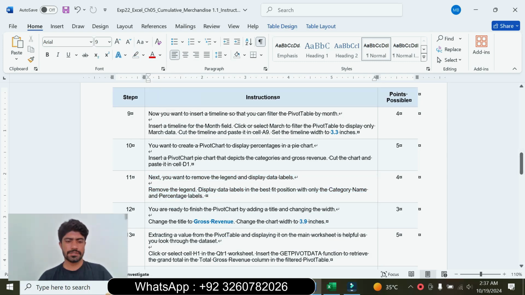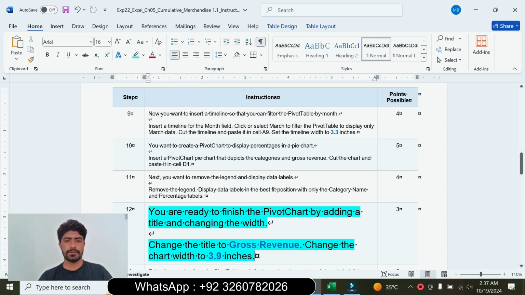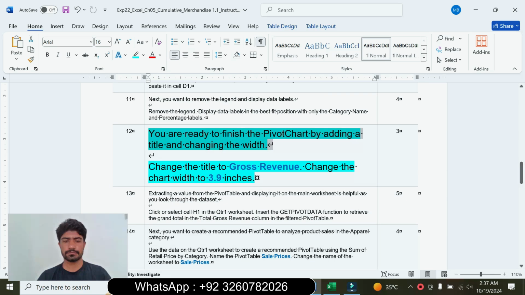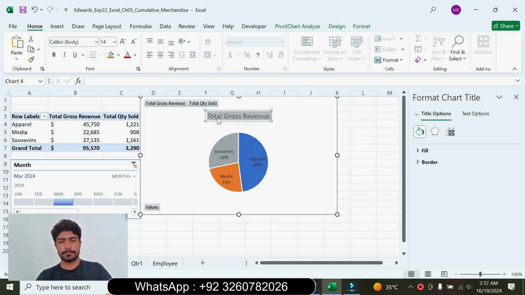We can move to question number 12. So question number 12 is: you are ready to finish the pivot chart by adding a title and changing the width. Change the chart title to Gross Revenue and change the chart width to 3.9 inches. Copy the chart title, Gross Revenue. Go to the Excel worksheet and click the chart title